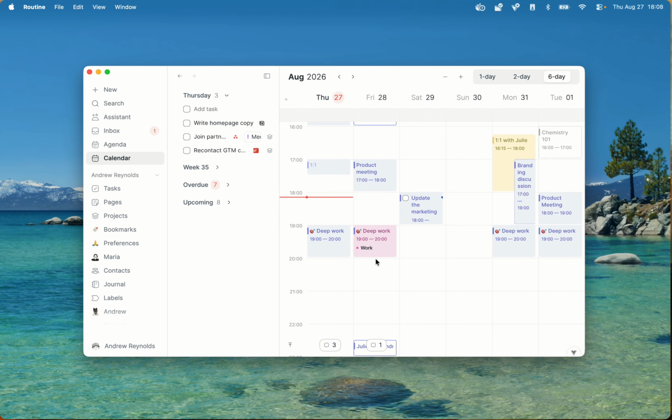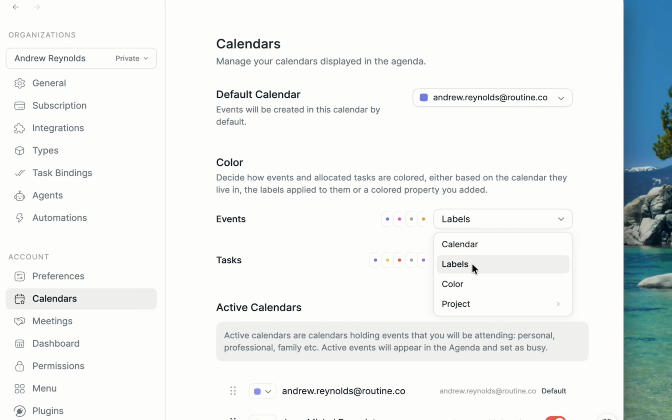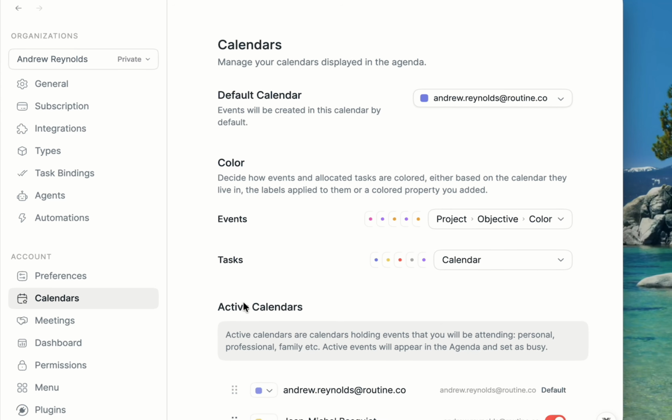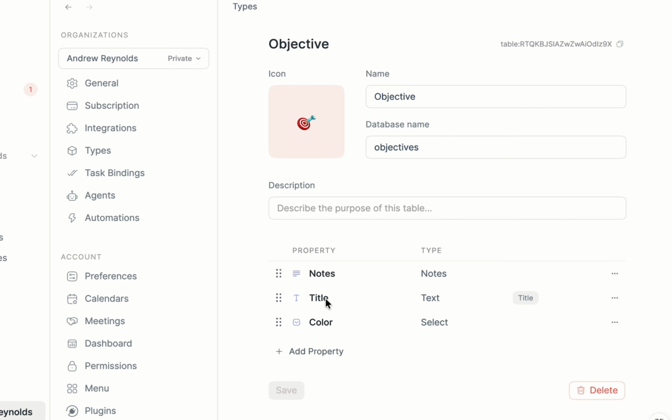So that allows you to not set the colors manually, but rather to have something which is computed automatically. And you can go further. You can actually use something like following relations like this, for instance. So here, every event has a relation property to an objective, which also has a relation to a project, which also has a relation to an objective, which has a color property, which you can find here. If you go to objective, you will see a color